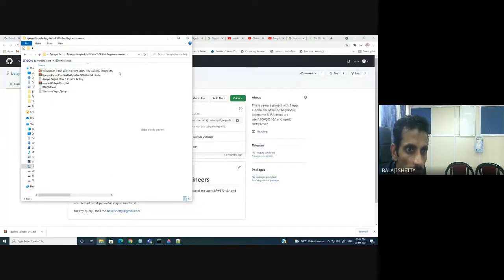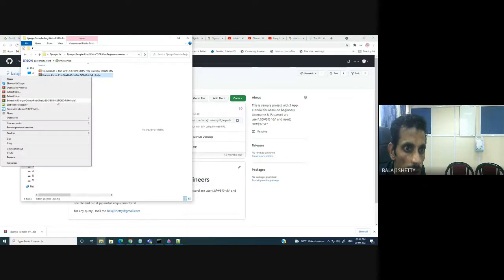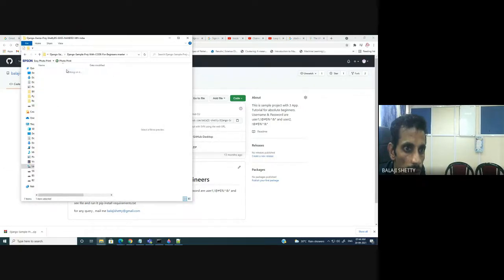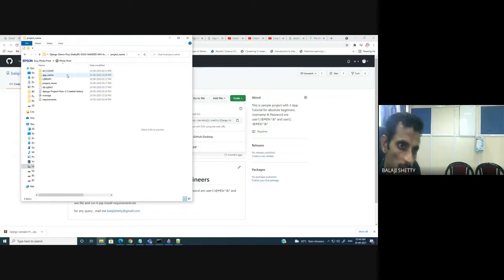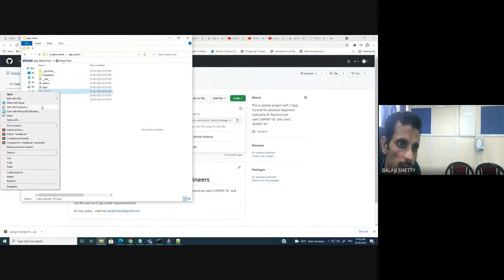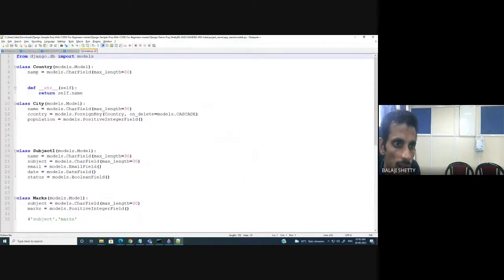So again, this folder contains the project name, app name, models.py. Okay. So here you can see country, city, subject mark. So what I do here, I just copy the entire code.